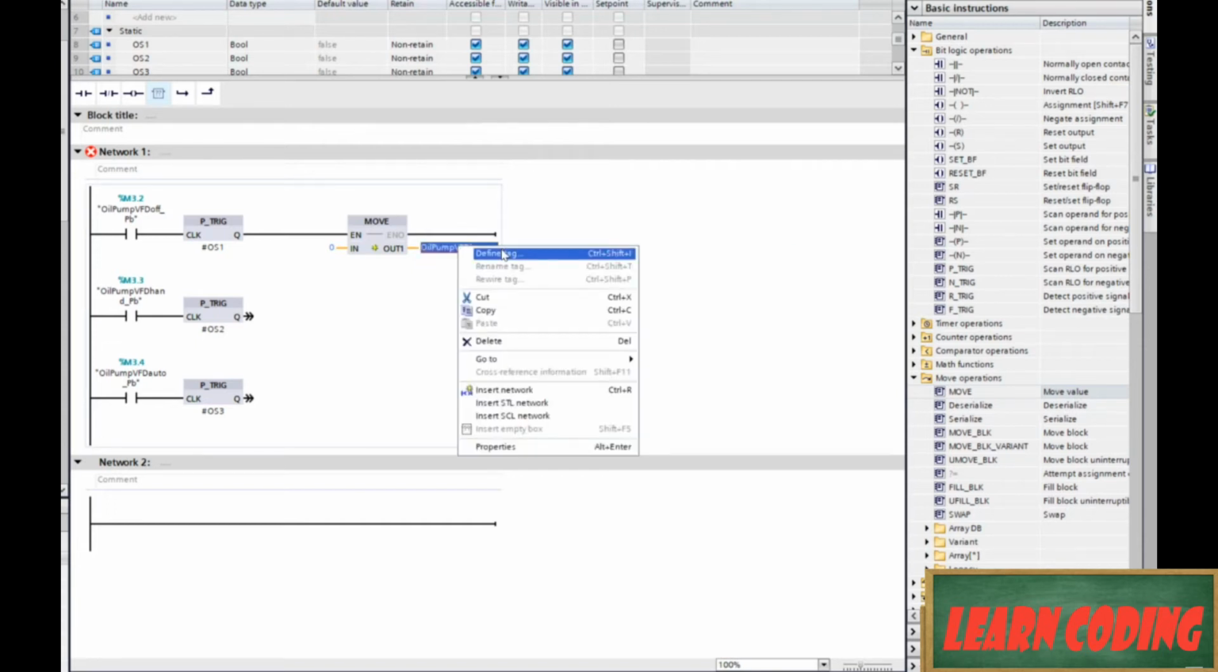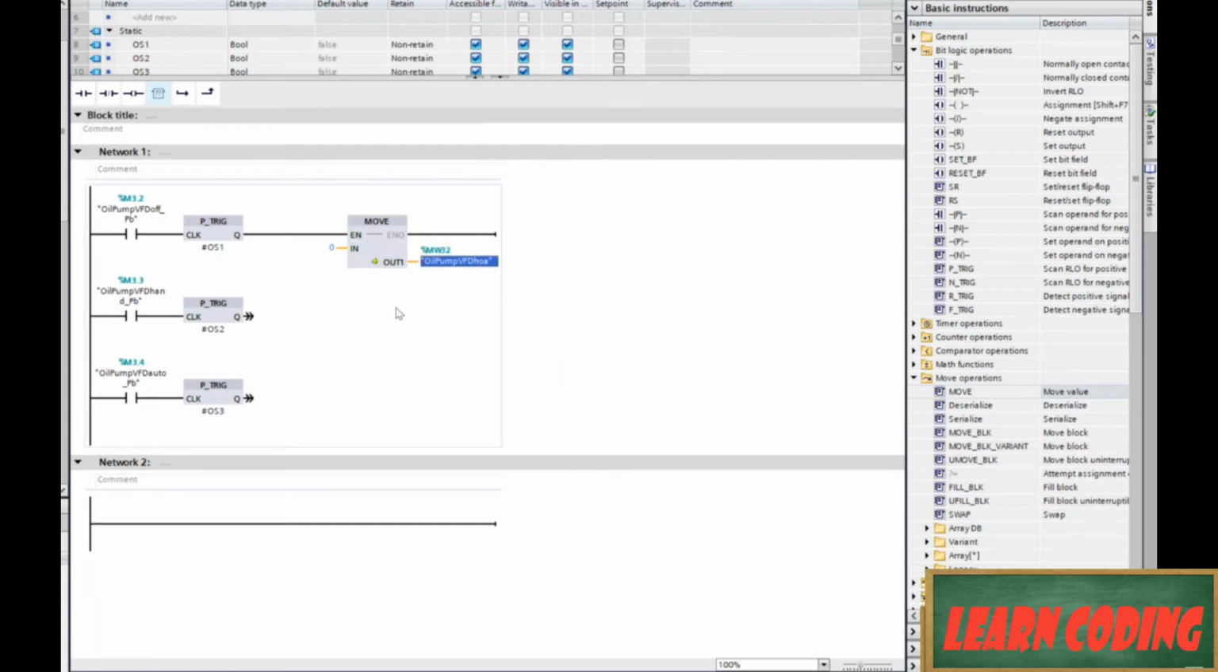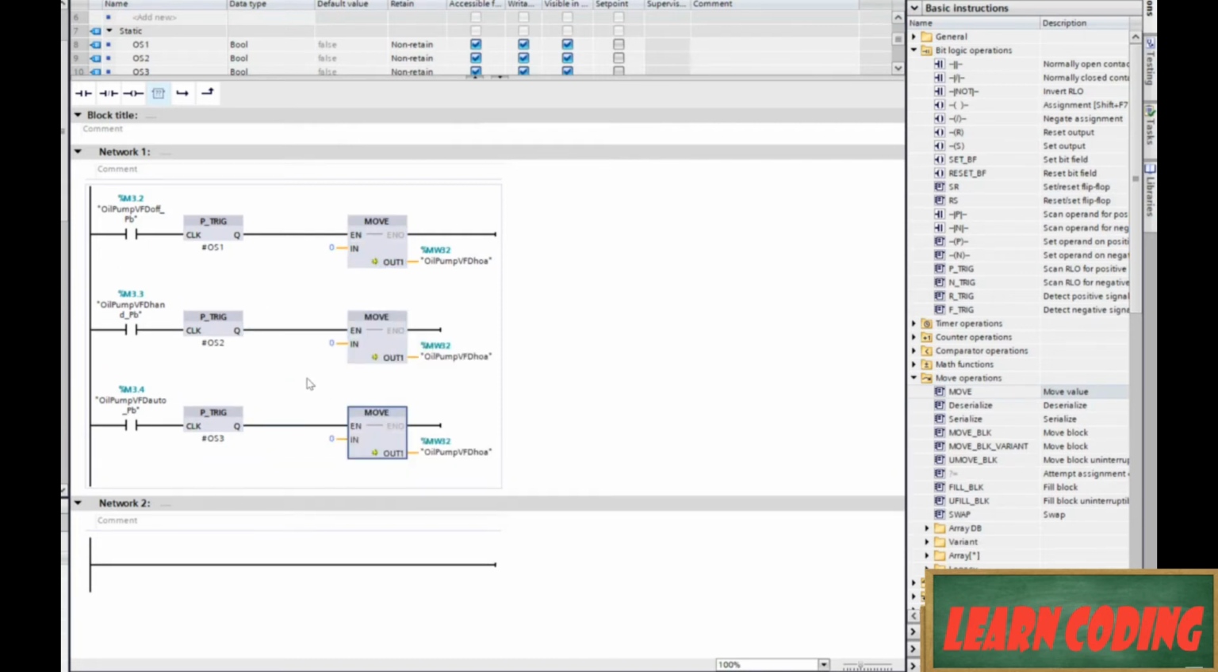Right click, define tag, global memory, and it's going to be an int. So let's get that all done. Okay, and let's copy this block, paste it into these two. I want hand to be 1, and I want auto to be 2, and then I want my default position